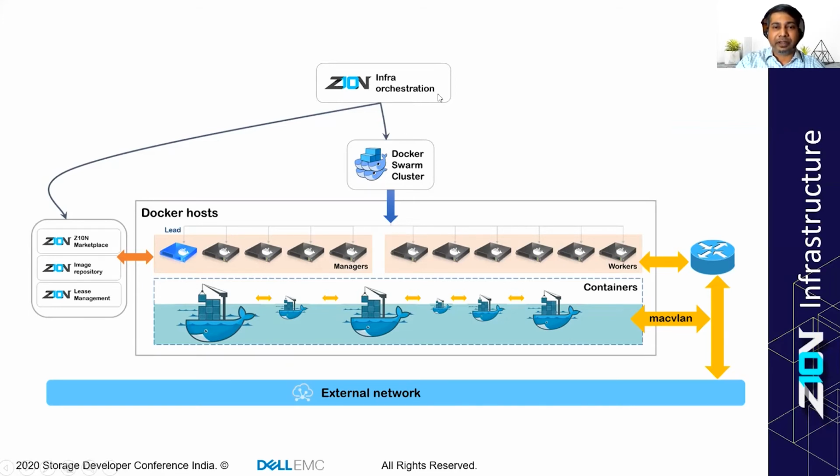So looking at the Xeon infrastructure orchestration, what I said is that we have a Docker Swarm cluster which had a few management workers. Whenever a request for a particular deployment for a container comes, the typical file that we need is the actual database which is used for recording that particular device. So it's picked from the marketplace. We have the service created with whatever number of simulated nodes that the user has asked for, and those services are then deployed across using the MAC VLAN network on these Docker Swarm hosts.